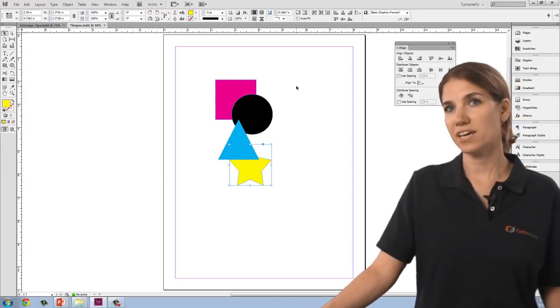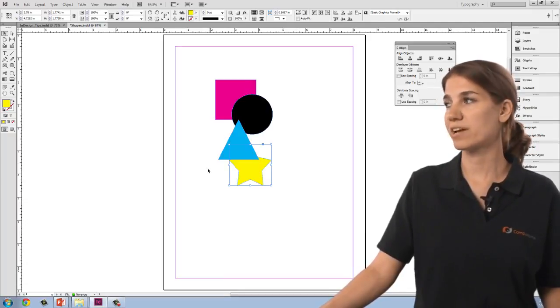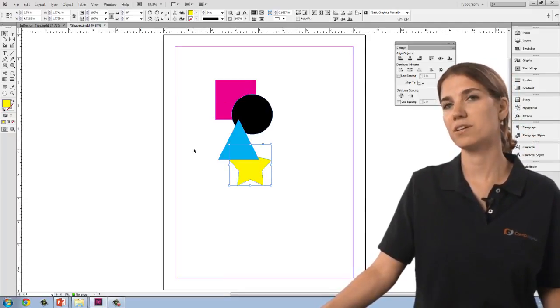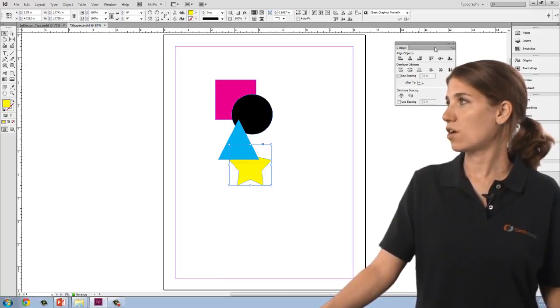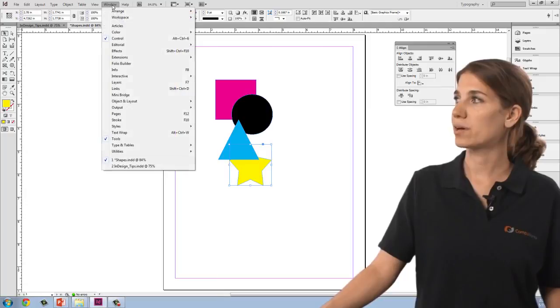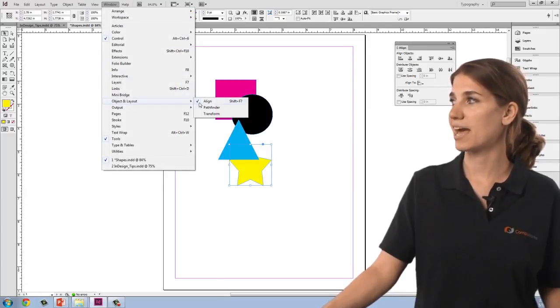Next, I'd like to take a look at the Align panel. This is a way of arranging objects in relation to each other and in relation to the page. You can see here on the Align panel, which you can get to by going to Window, Object and Layout,